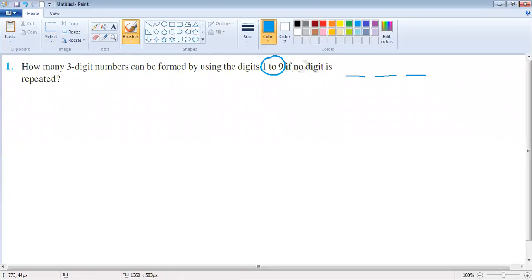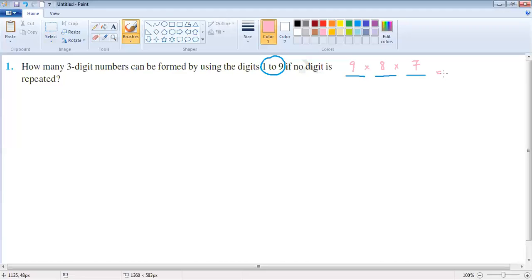No digit can be repeated, so you can use the fundamental principle of counting. For a 3-digit number, the first digit can be chosen in 9 ways, the second digit in 8 ways, the third digit in 7 ways. So total 9 into 8 into 7, which is 72